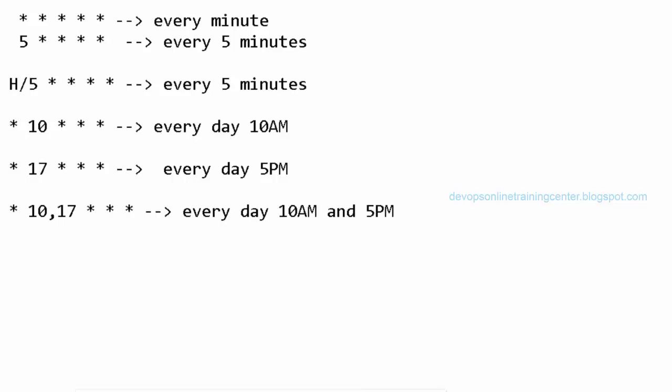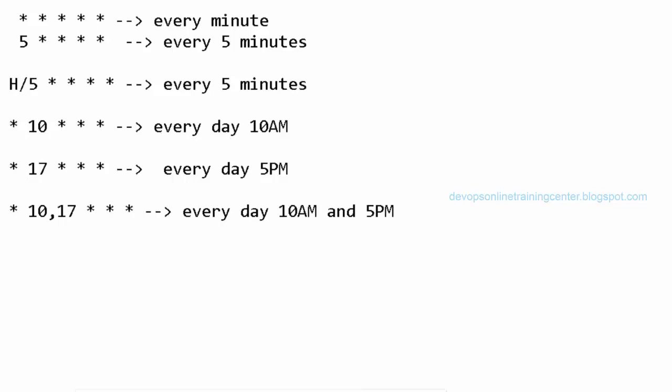It polls for the changes. If there is any change, it will create a new job. If there is no change, it will not do anything. So if we do it for every minute, there will be a load on the Jenkins server because it polls every minute. So if we don't want to poll every minute, maybe we can schedule something like every 1 hour or every 2 hours, based on the check-ins. If there are not too many check-ins, then we can schedule something like every day at 10 o'clock or 5 p.m. in the evening.